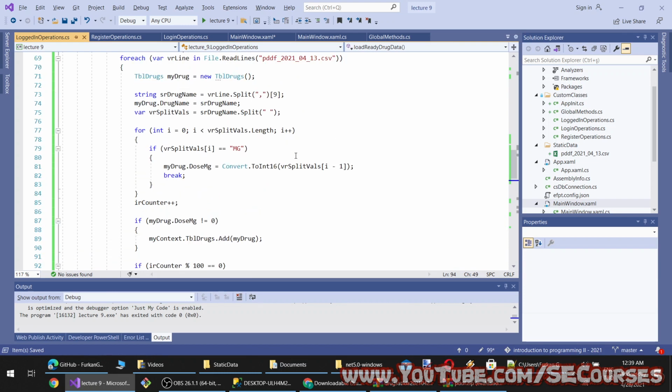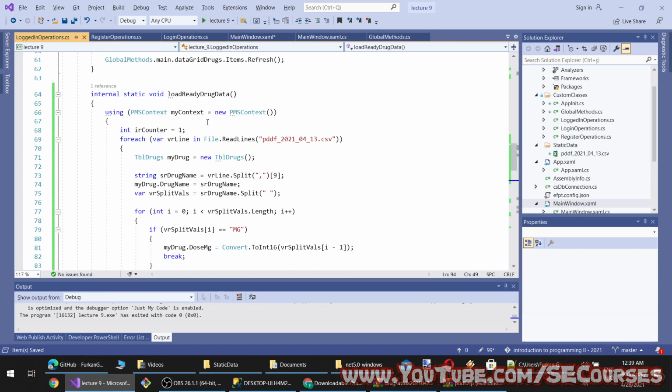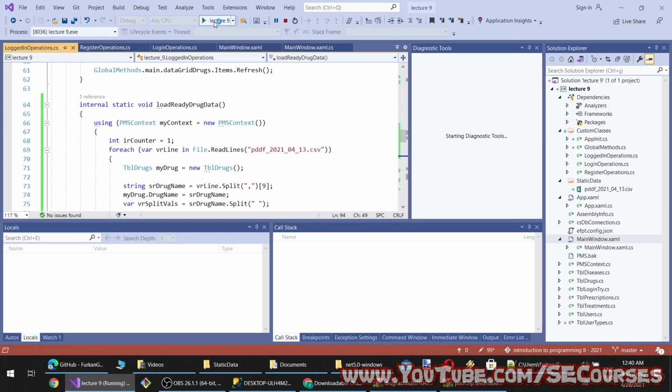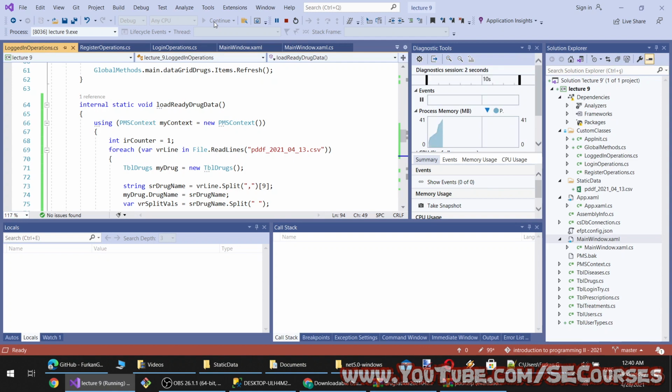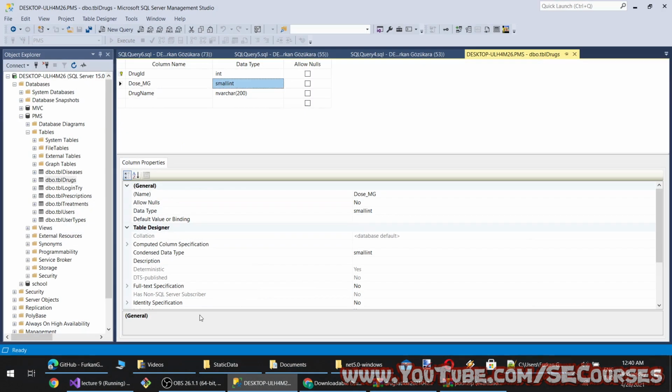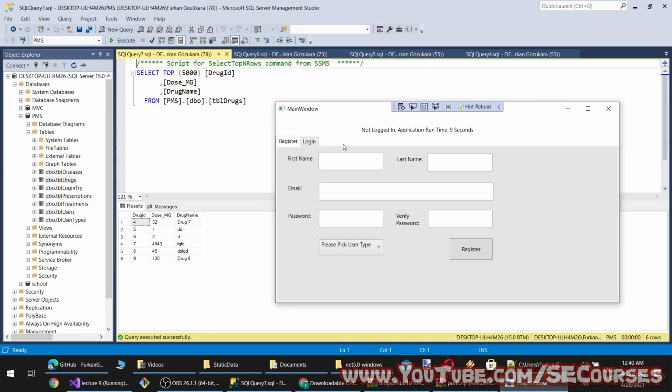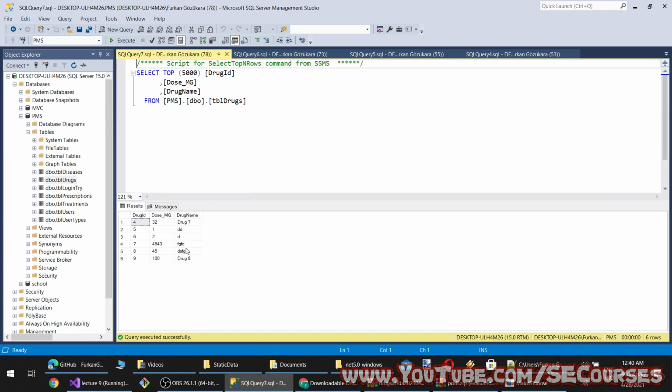However, this would currently freeze my application interface because we are not using any multi-threading. We are blocking the main thread, and therefore, until this operation is completed, our screen will be frozen. And let's see what happens.